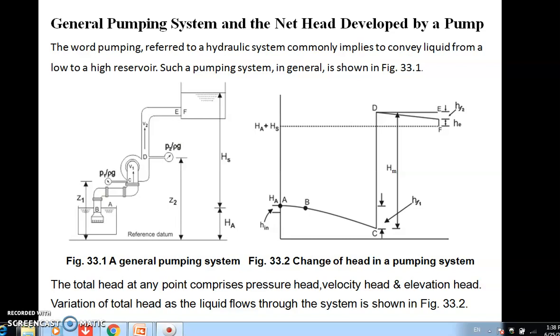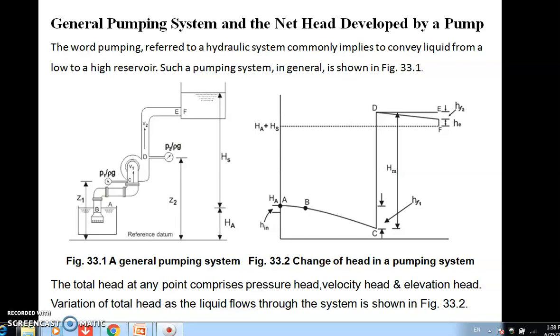So it is very easy to remember the difference between turbine and pump. Whatever is the input to the turbine, that is the output for the pump. The input for the turbine was water power, or head, while the input for the pump is nothing but shaft power. So vice versa, and you will remember it easily.